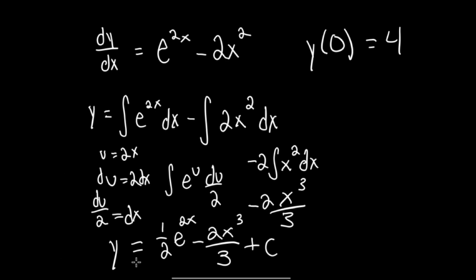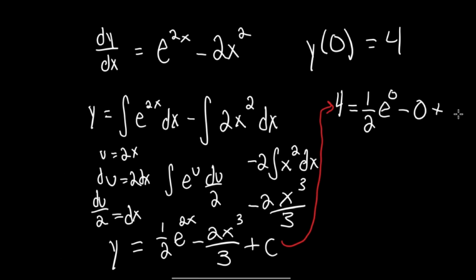So we know that y is equal to 4 when x is 0, so I'll move this up here. We're left with 4 is equal to 1/2 e to the 2 times 0, and we know that anything times 0 is going to be 0, so that's just e to the 0, minus 2 times 0 cubed over 3. 0 cubed is just 0, so 2 times 0 is just 0. So negative 0 over 3 is just going to be 0, so this whole thing just comes out to be 0,